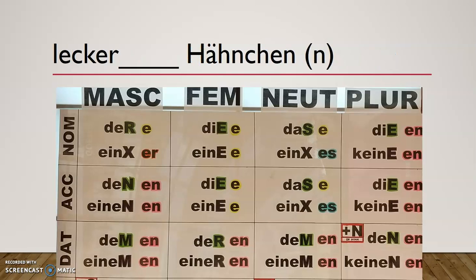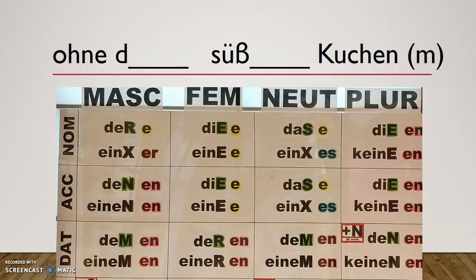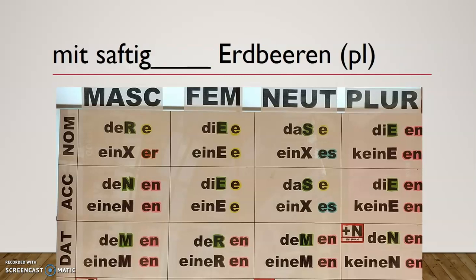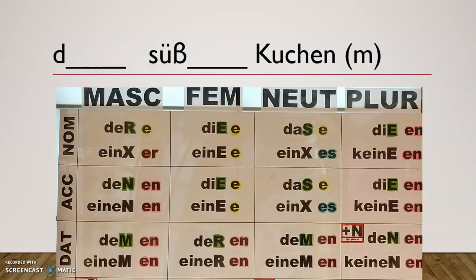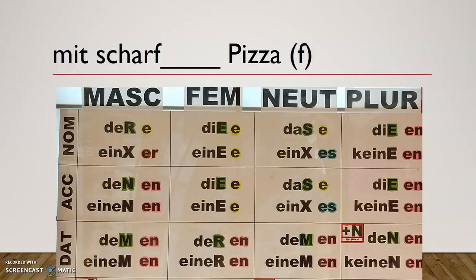Also unpreceded here. Figure out the ending. Leckeres Händchen. How about this one? Ohne den süßen Kuchen. And this one? Unpreceded. Mit saftigen Erdbeeren. Just like den, definite article there. How about this one? Nominative, der süße Kuchen. And for this one, unpreceded here, mit scharfer